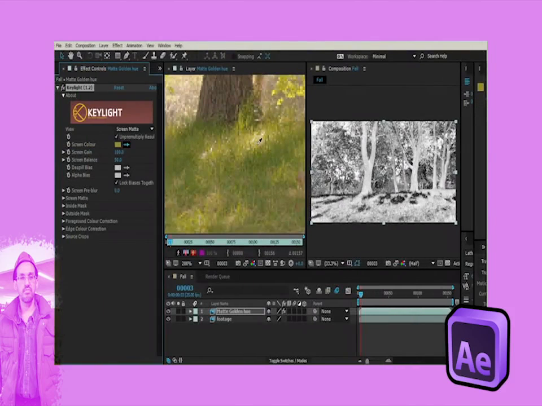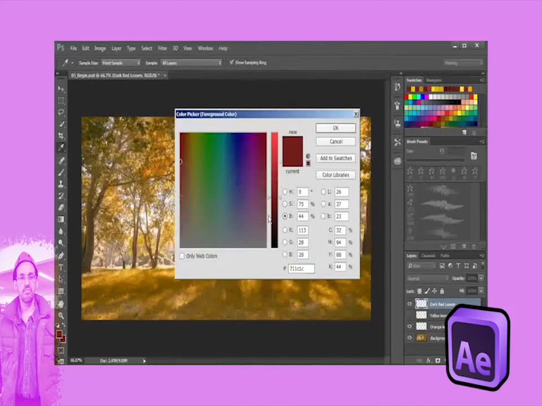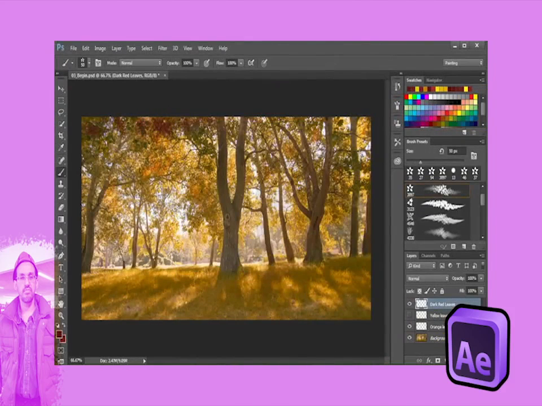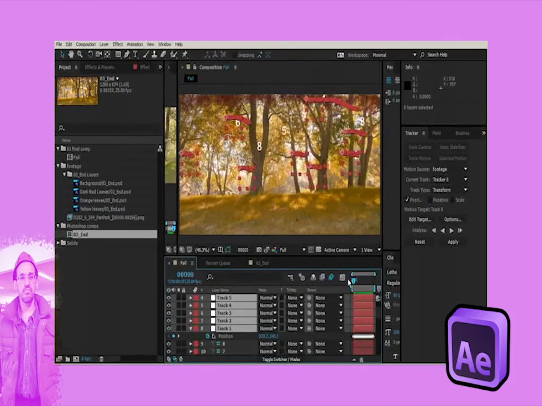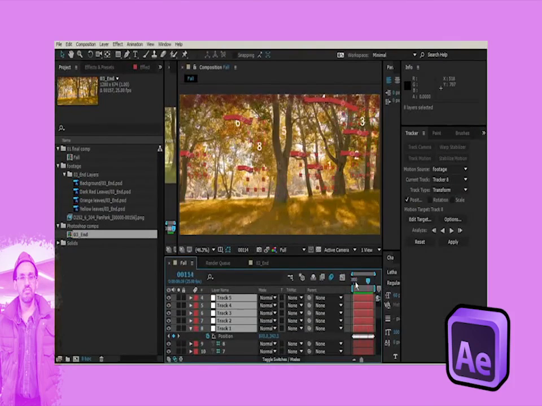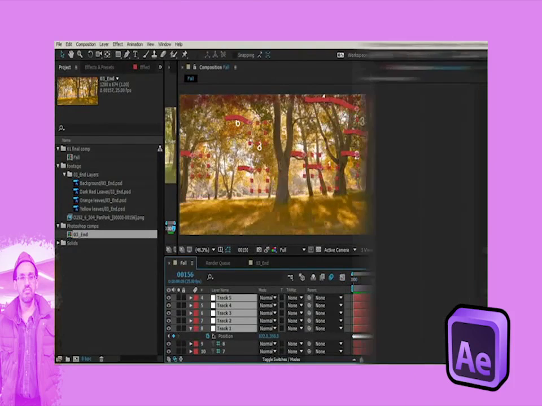We're going to start off by giving the shot a more golden hue using a matte and an adjustment layer. We will then paint colored leaf elements in Photoshop. Then back in After Effects, you will track the trees so we can get the leaf layers moving with the pan. We're going to finish off the shot by adding some more orange leaves with an adjustment layer and a